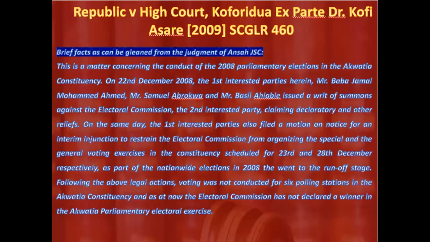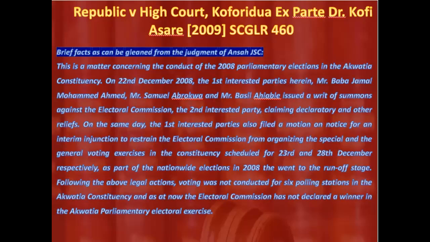It is Republic versus High Court, Koforidua, ex parte Dr. Kofi Asari, Baba Jamal Mohammed Ahmed, and two others, interested parties. This is a case that I would advise all of you to read. And you see this case, very, very interesting. In fact, the brief facts of the case that can be gleaned from the dictum and